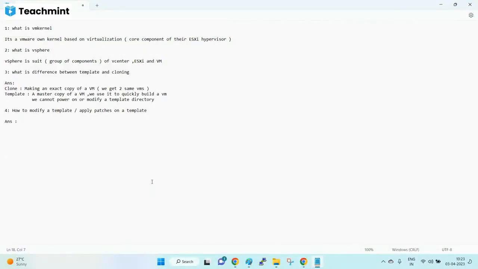Okay, how to modify a template? Normally it's not possible to modify a template directly or apply patches, because we cannot power it on, we cannot edit, we can't do anything directly on a template. It's a common interview question. So to answer here,